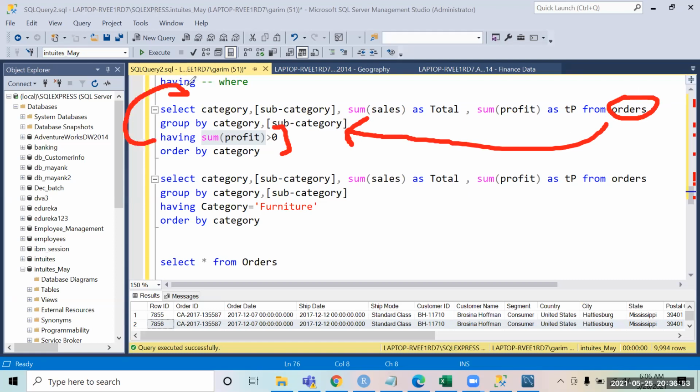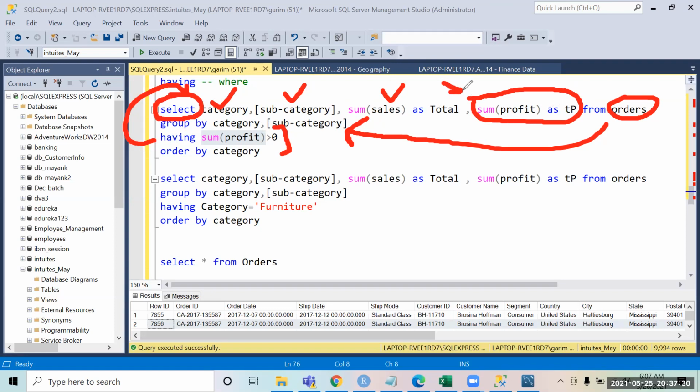Because SELECT is something we use later on, in the data being generated I only want to showcase category, subcategory, sum of sale as total, and sum of profit as TP. So in the HAVING, the alias name of the column is something I am doing later on. I am renaming the column in the later part of the query, because in the execution, SELECT comes after HAVING, and in the SELECT statement I have done the renaming.